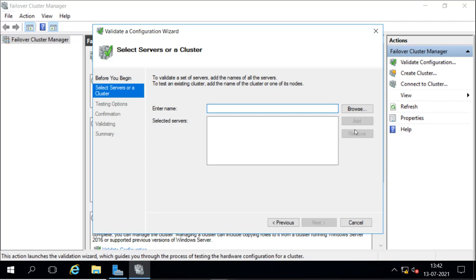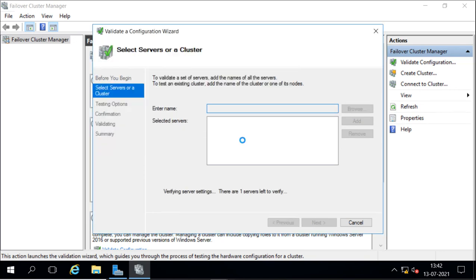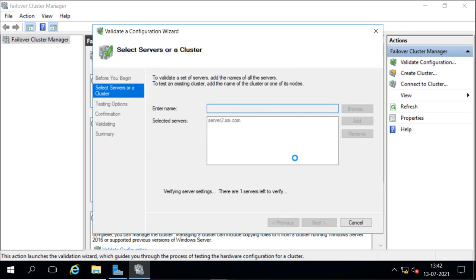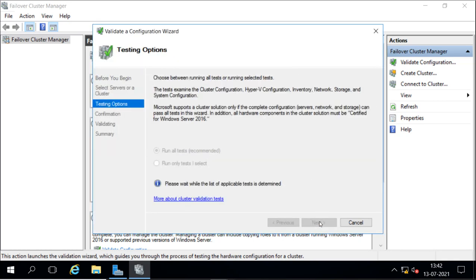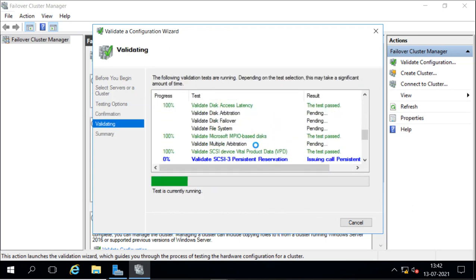Next, I will add server 1 and server 2, server 2 and server 3, then server 3, and now I'm going to run all the tests. And now again we are running the test, and let's see what it says now.